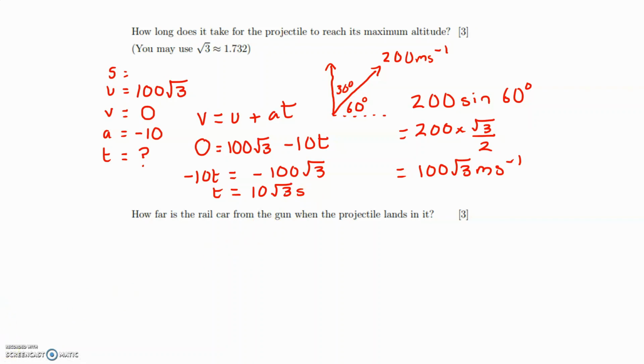And moving on to the next part of the question, how far is the rail car from the gun when the projectile lands in it? So basically asking for the range of the projectile. Now we know that it takes 10 √3 seconds to reach its highest point, so it will take the same time to come back down. So the time that the projectile is in the air will be 10 √3, which if we work that out is